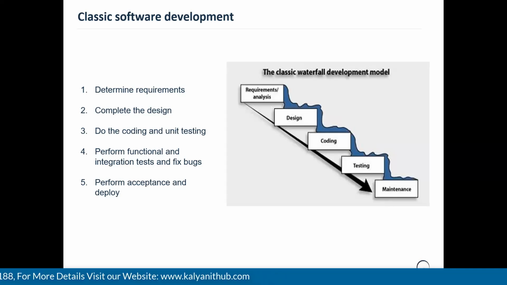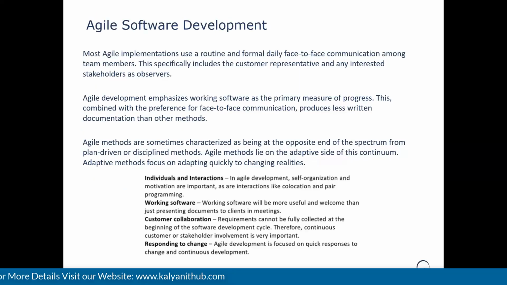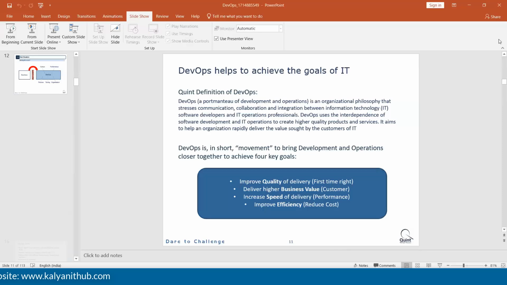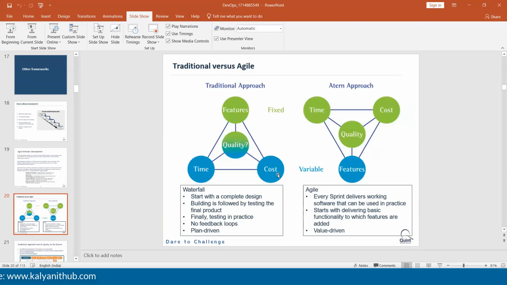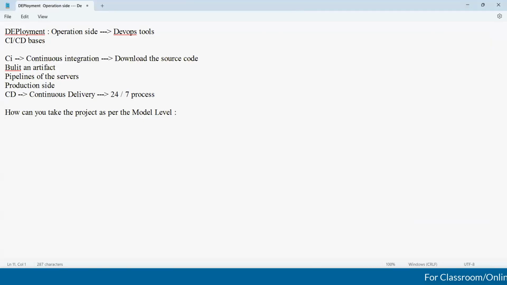Previously, we were using waterfall model. Right now, we are using the next model, which is agile model. Agile model is one of the most important concepts to work on the progress. And you're working with the day-to-day activities based upon the communication, based upon the customer representative to work with the stakeholders. Okay. So for this, I want to maintain the agile model representation. See, agile model representation will be like this. It depends upon the traditional approach. The traditional approach is the waterfall model, but in agile model, I can go with the variable concept. Okay. See, if you take Netflix application,